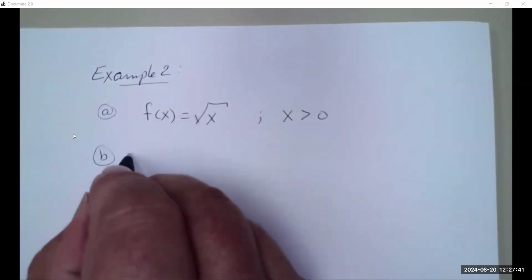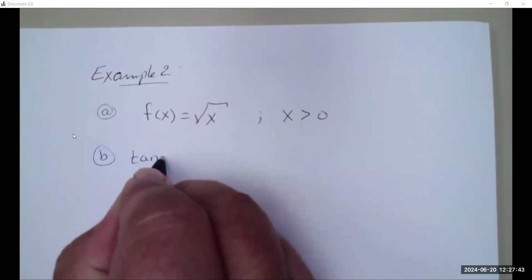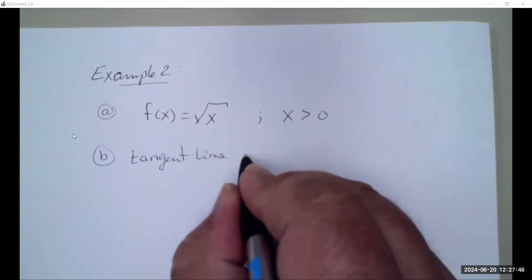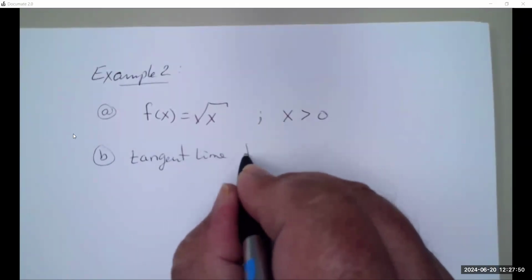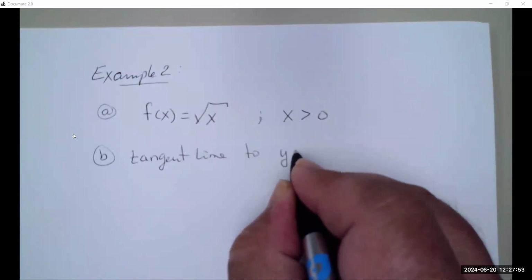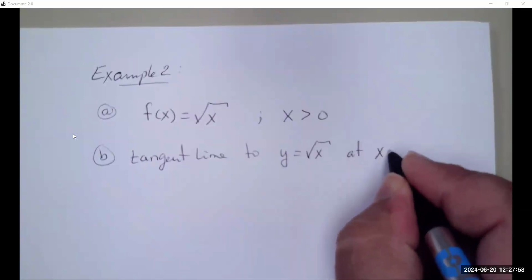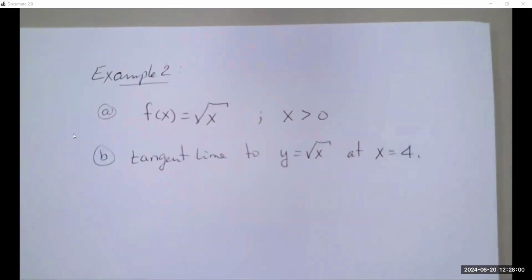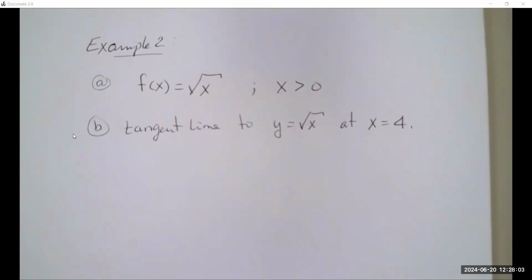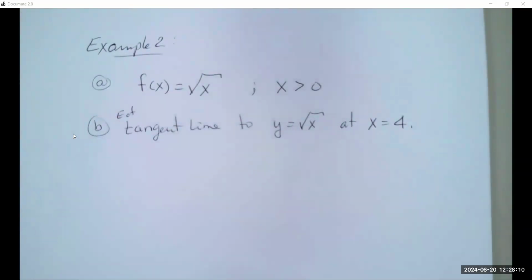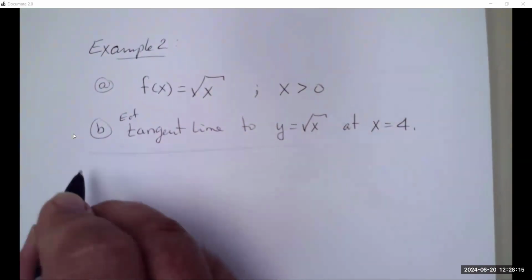And B, find the tangent line to the curve y equals radical x at x equals 4. Apparently, this means equation of the tangent line, the EOL. All right. So A,